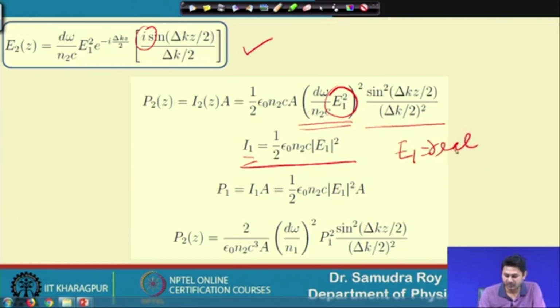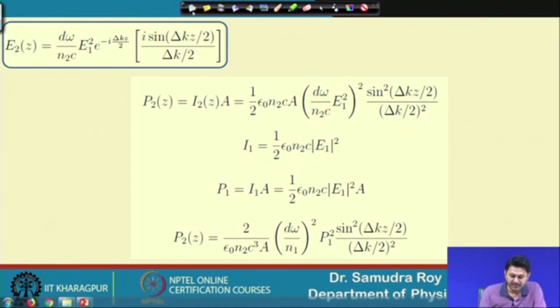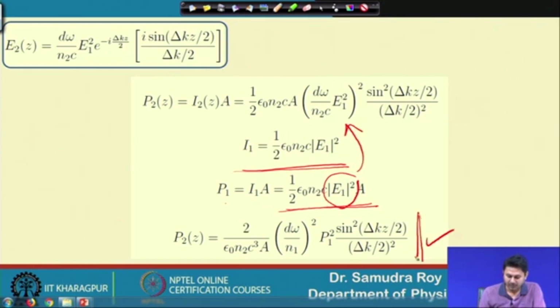If it is real, so there is no phase term. So, E 1 square is nothing but mod of E 1 square. Since it is real, that does not make any difference. So, I 1 if I write, P 1 can be represented in this term. Now, if I put this E 1 in terms of P 1 in this equation, we will have an expression like this. This expression is important, because in this expression we try to find out what is